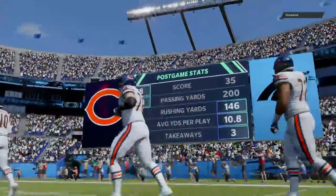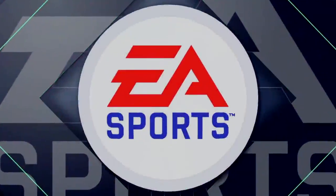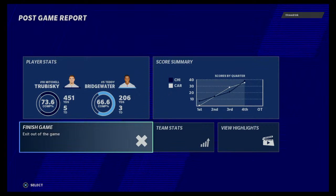So for Chicago, they climb back to .500 now at 3 up and 3 down. And they'll have another road date next week with the Los Angeles Rams. Meanwhile, for Carolina, the loss here will move them back to .500 at 3 and 3. And they'll try to turn things around next week as they have a matchup in New Orleans against the Saints. And for Charles